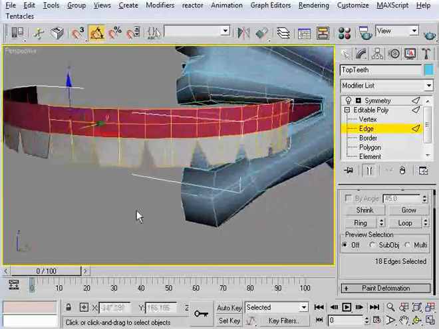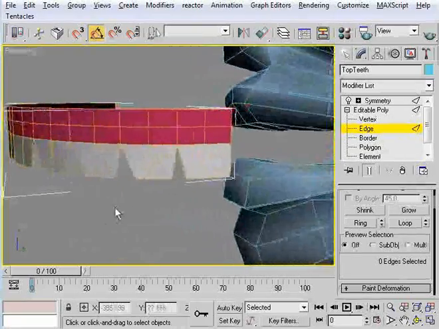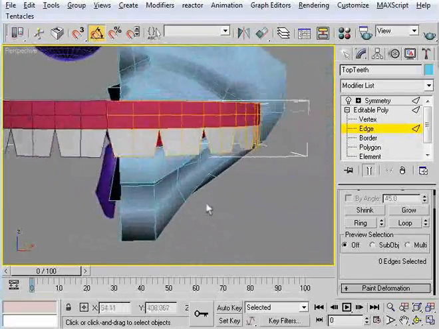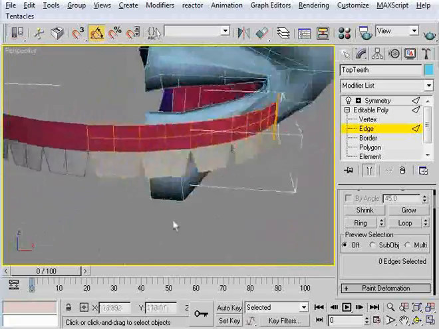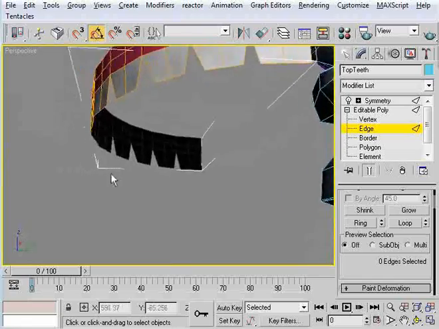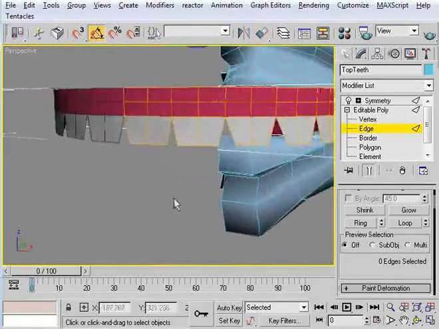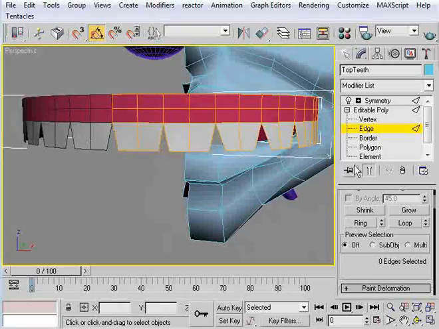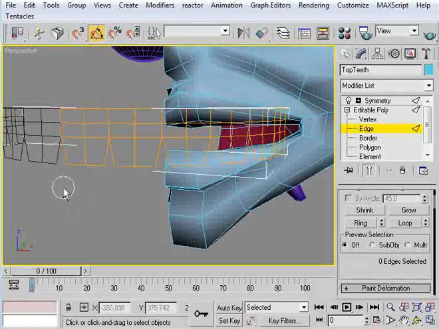Let's see, what else do I know I want to do before we start turning these teeth into completely different versions of what we want. I'm pretty happy with it, honestly. Just the overall shape and everything. I think what I will do is what